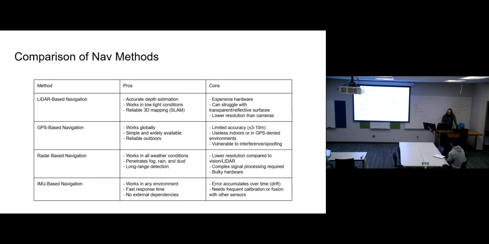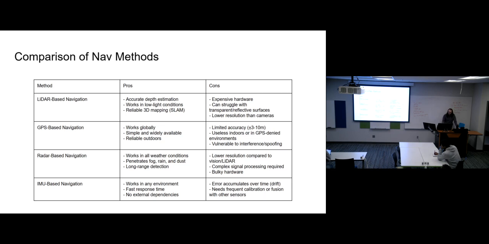These are, again, some of the common approaches to navigation. You see LiDAR-based, GPS, radar, IMU. They all have pros and cons, which is where the sensor fusion we're going to talk about in a bit comes in. LiDAR can be very accurate, but it can be very expensive, and it can struggle. Cameras come into all of this. Radar works well in all weather conditions, but it has lower resolution than some of these. GPS, we've all seen how accurate GPS can be, plus or minus 3 to 10 meters. So if you're doing precision